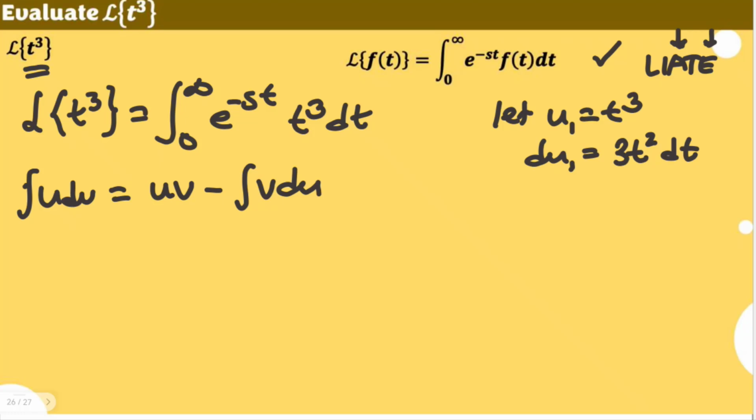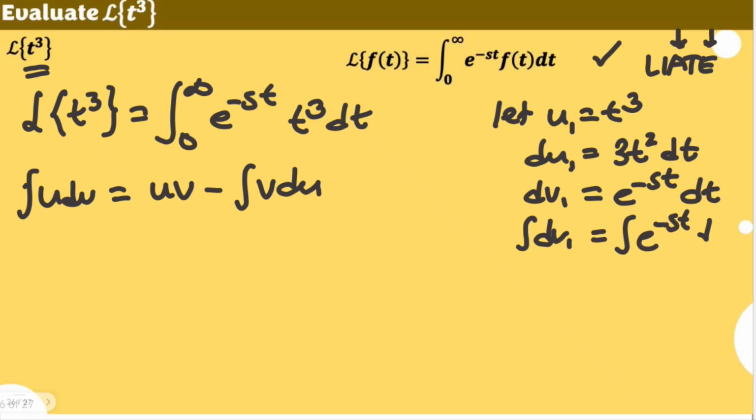So our dv sub 1 is equivalent to e to the power of negative st dt. By integrating both sides,